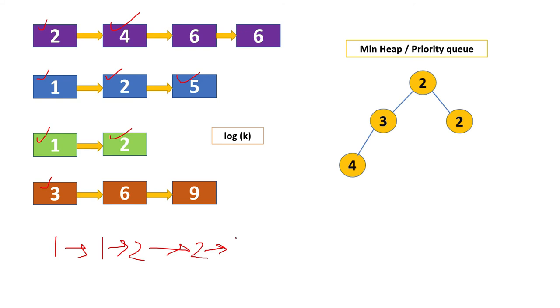Now time complexity wise, if you see here, we have to do this operation for n times, and each and every time to pick the minimum one, go to the next one and re-elect the minimum one, all these things will take log k of time, right? So total time complexity wise it will be O(n log k). So it is saving some time here.